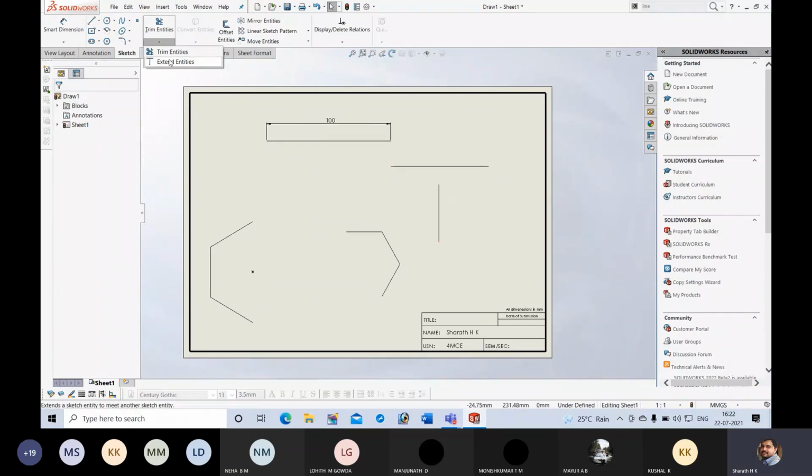So now I will click on this line. I can extend like this. We rarely make use of extend entities. It is useful in case of the midpoint problem in projection of lines. So this is about basic sketch commands.